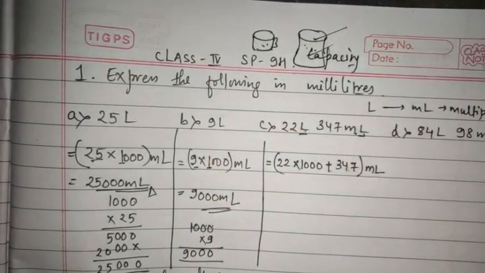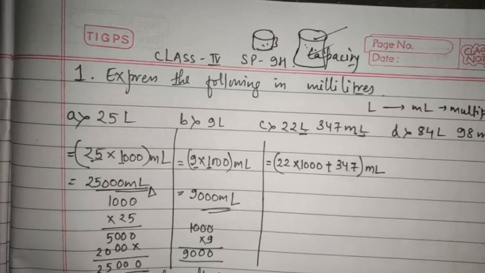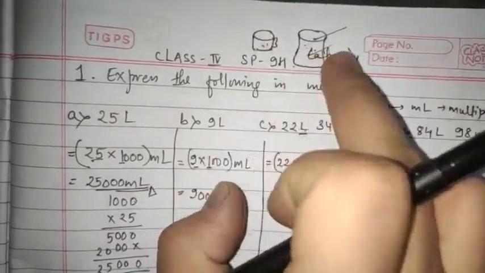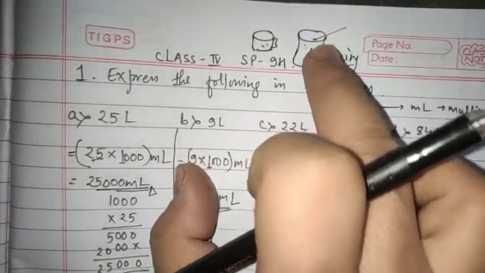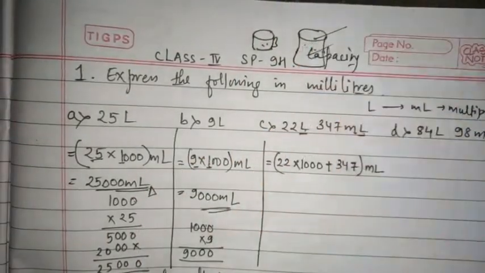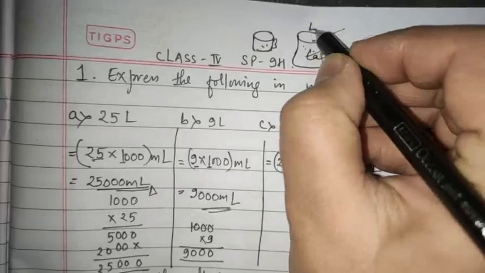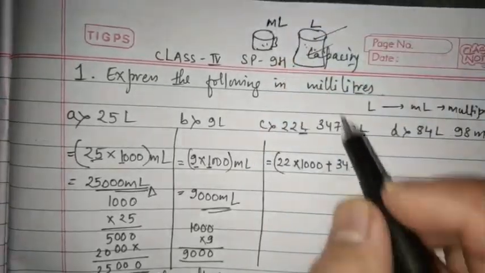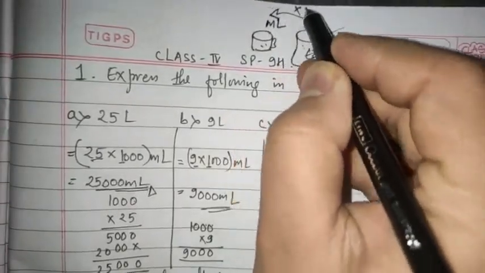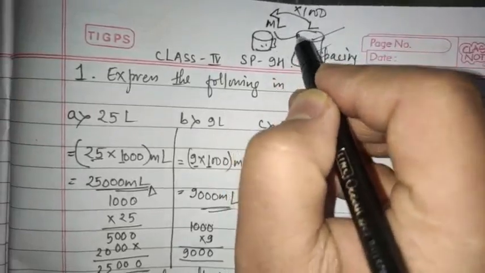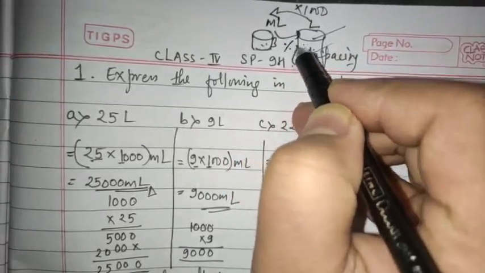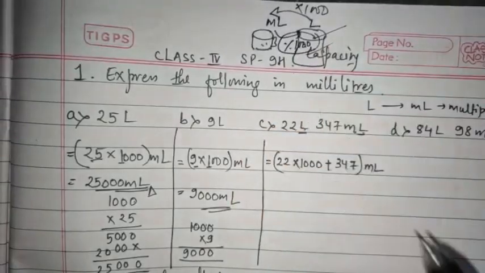Capacity is the measure of the tendency of an object to hold a liquid or any solution inside it. It may be tea, it may be your juice. So here in between these two, this jar has the capacity to hold more liquid. So this is the capacity, and to measure this capacity you have liter and milliliter. Whenever you are converting liter into milliliter, multiply with 1000. Whenever you are converting milliliter into liter, you'll just divide with 1000, which I'll be showing you now in the next question.